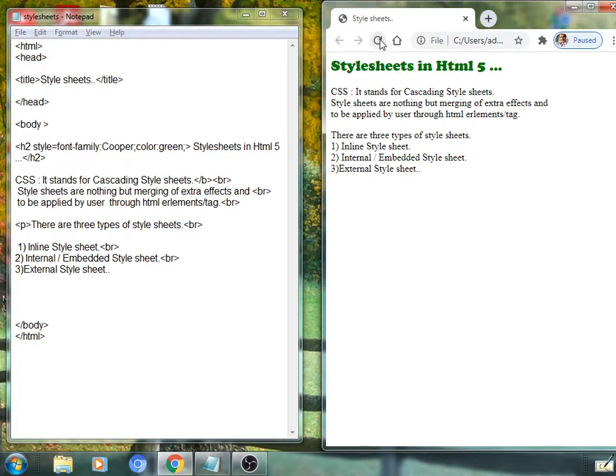Color green is applied. You can change it, no doubt. I have chosen color pink. See here, pink is applicable. Any color you can apply here.